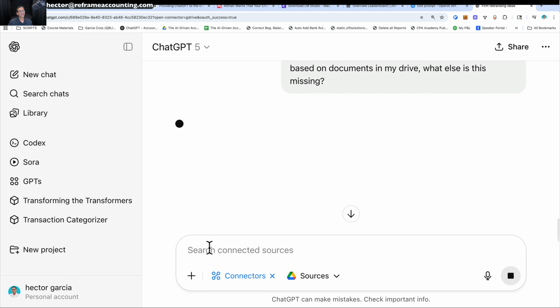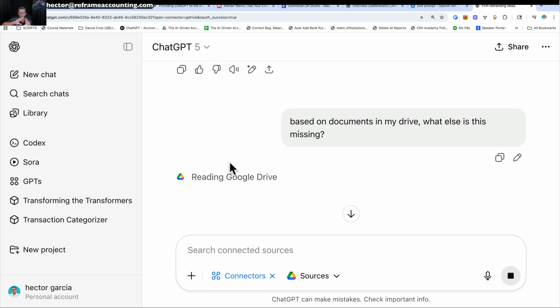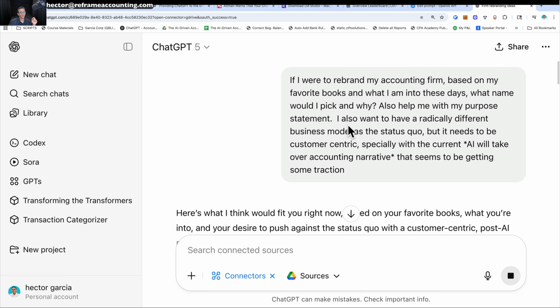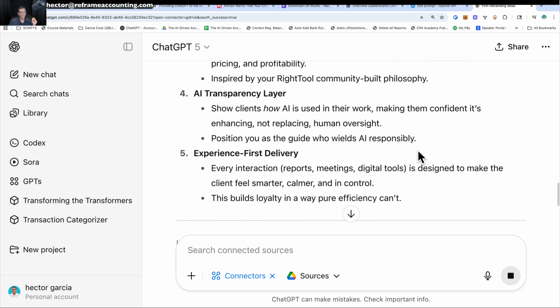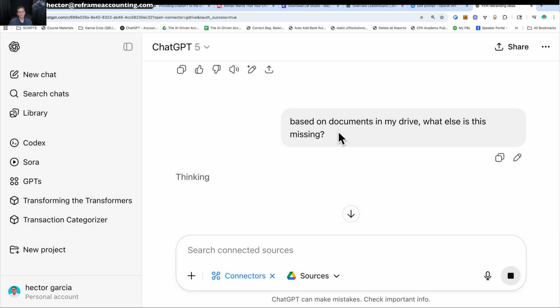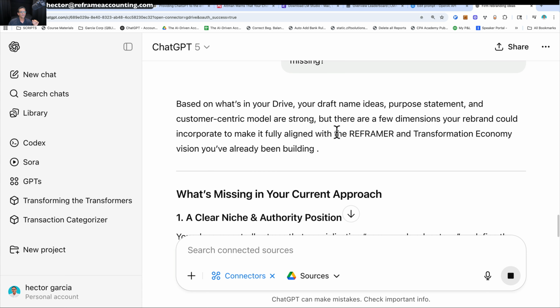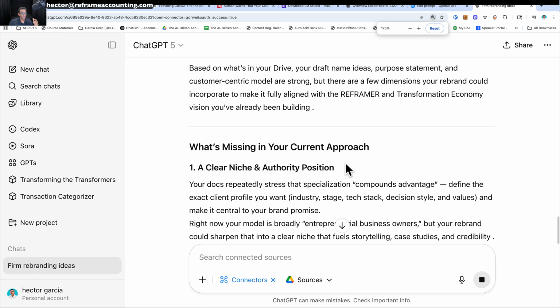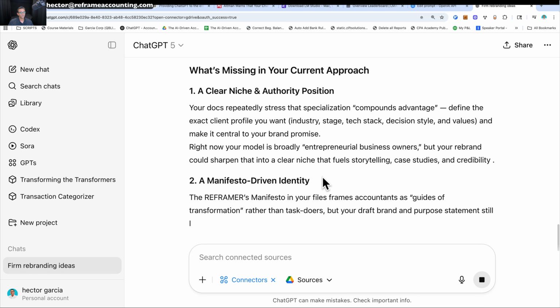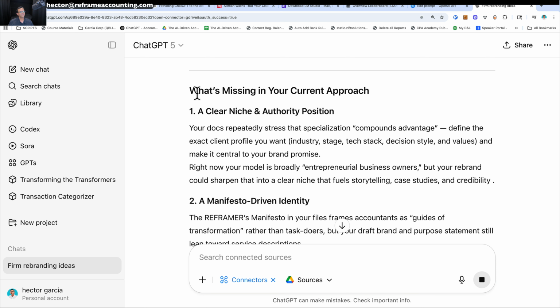So I'm combining, this is a dual example. The first thing was I went in there and I told it, based on my favorite books and what I'm into these days. That way it checks both the memory and my chat history. And now I'm telling it to actually go inside my Google Drive, look at all those documents, and find more information. So I guess it found the document here, and then it's telling me what's missing in your